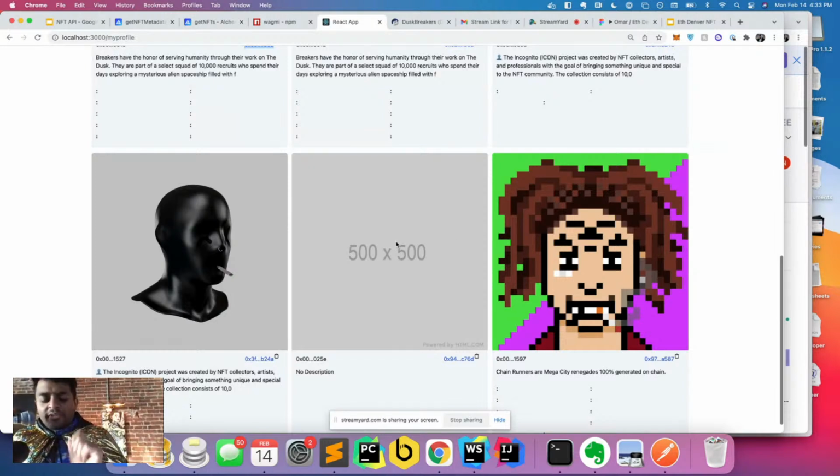This actually is something to note. This is a default image that we have in our app, and this is important to note: metadata is typically stored off chain, and it oftentimes breaks a lot of conventions. I think this is an NFT that was just recently airdropped, but while our NFT metadata API covers a good majority of edge cases, especially everything that completely implements ERC-721s and 1155s, there's a bunch that don't. And as a developer, if you're developing NFTs, just note that it's much easier for people like us,